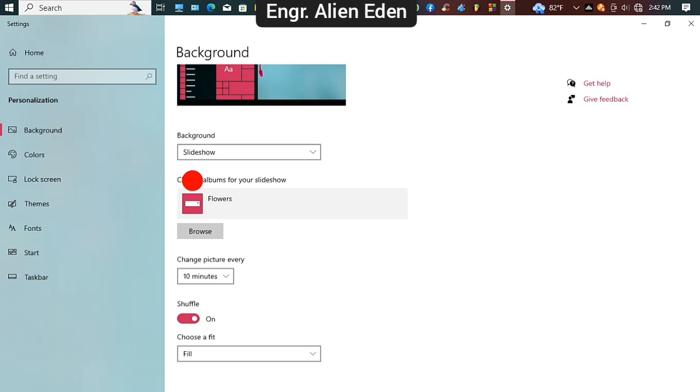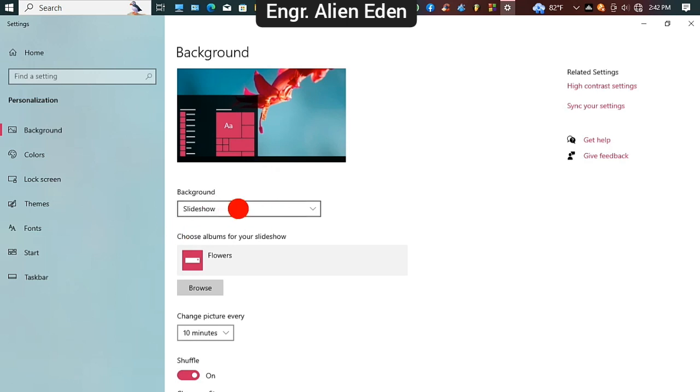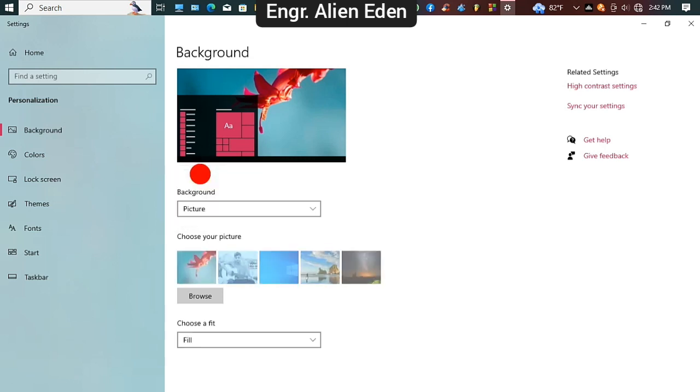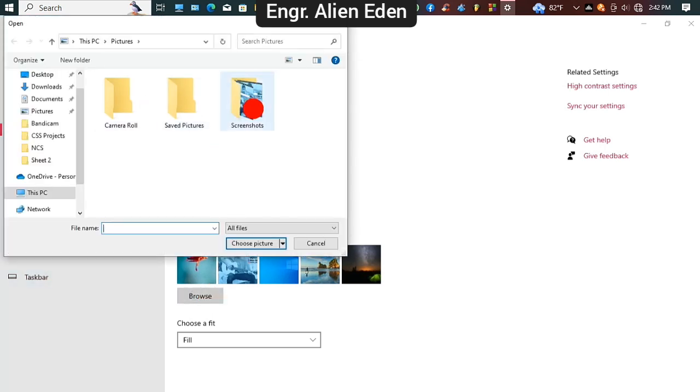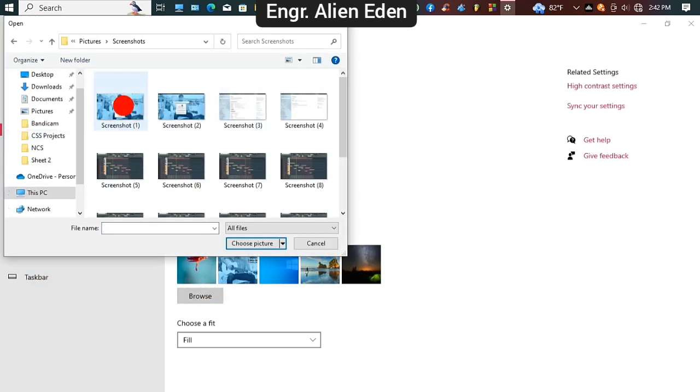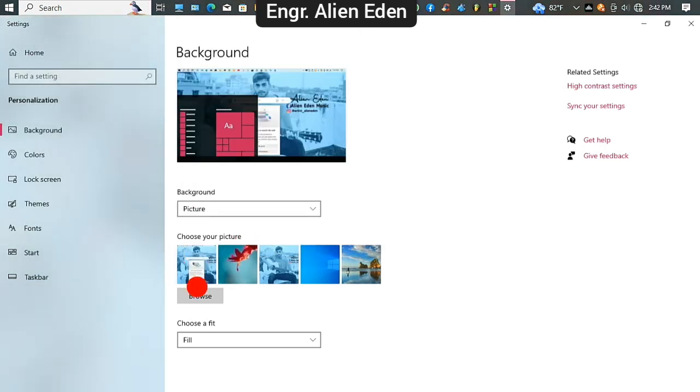Then if you want to select a solid picture from your desktop, simply click this picture and browse your picture. I am selecting this picture, source picture. The desktop background is changed. You can change it from here also,